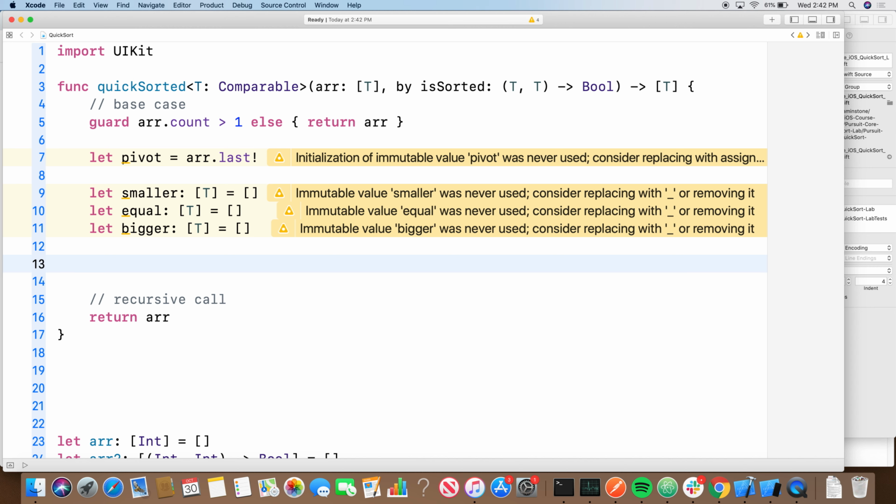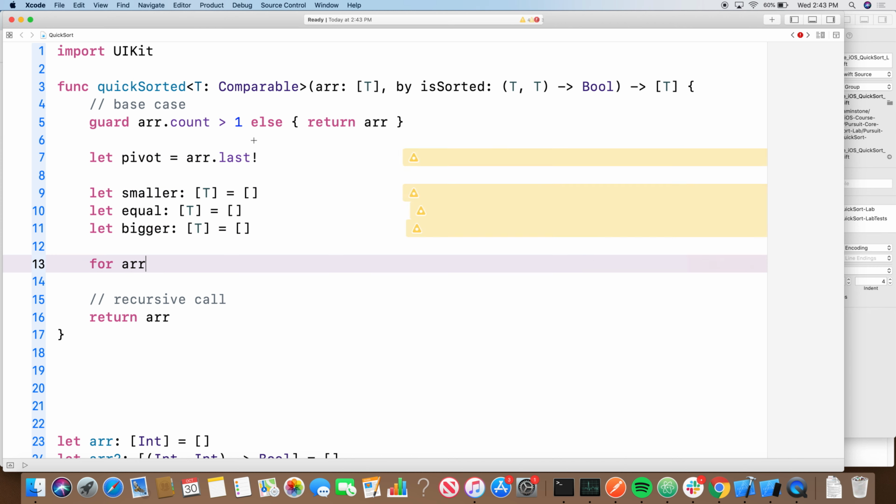We could be doing it more efficiently by swapping around a bunch of stuff in place. That algorithm is a little bit tricky and it doesn't help you understand what quicksort means. So we're just going to go ahead and put that by the sideline for now. So we've built these 3 arrays here. What do we do with them? We iterate over our array that we have that has at least 2 things in it. We say for every element in the array,